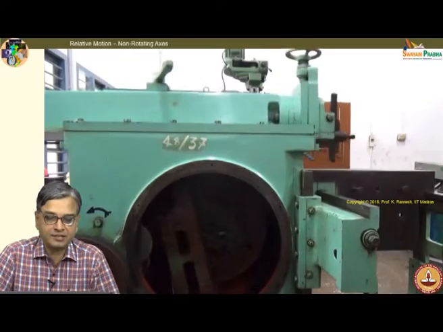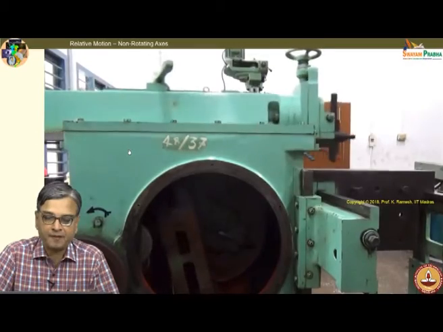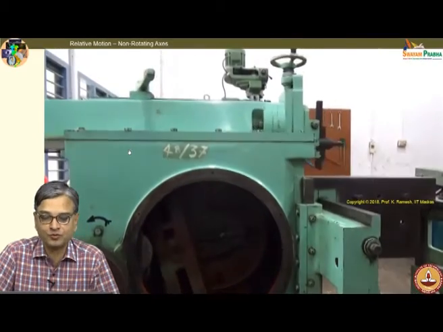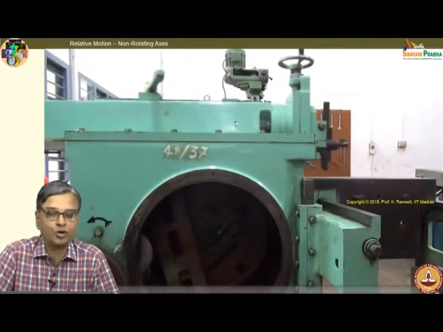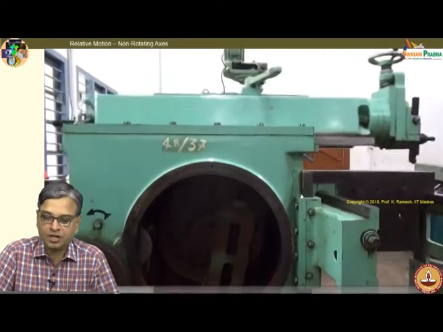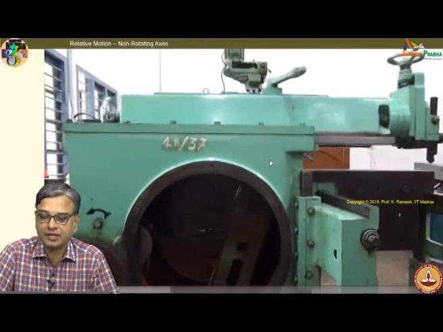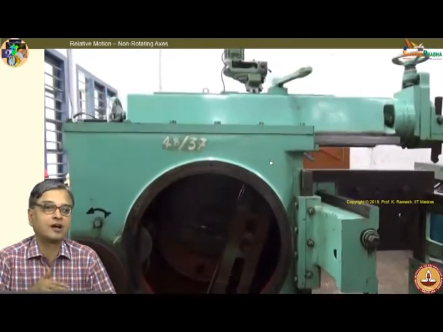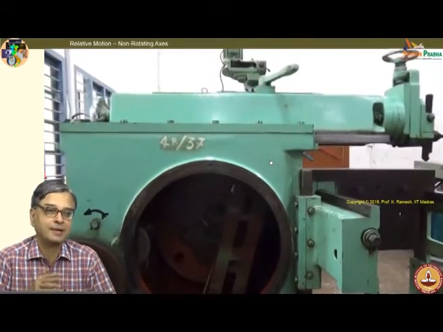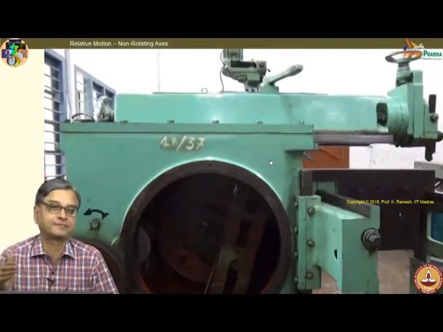And this is a very nice application we will solve. We will also have a satisfaction that whatever you learn in the classroom is of use in some engineering application. This is a shaper. What you have to observe here is what way this tool goes and comes back. Do you find these two, the forward and backward stroke, are they of same time duration? Observe that. See, in the forward stroke, it is actually doing the cutting.